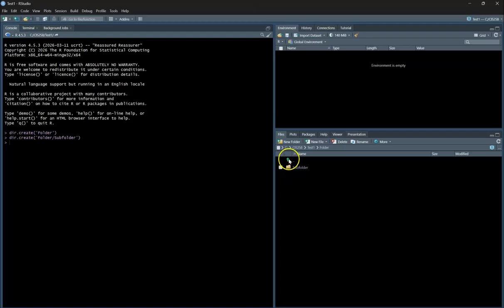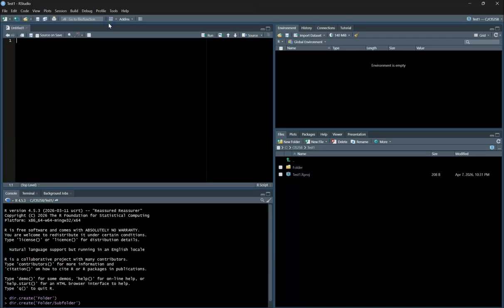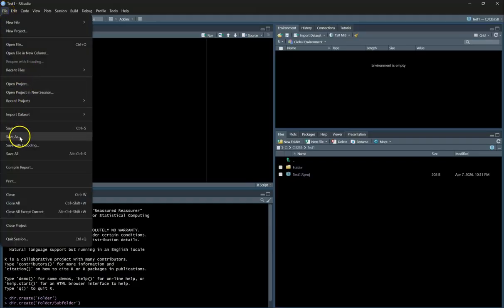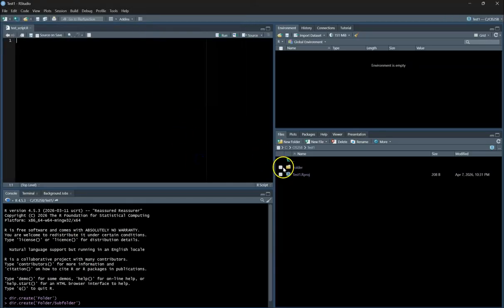So if I want to put a script in the main folder, I just hit this up arrow, or the little dots next to the up arrow, and then I go up here to File, New File, R Script, and now it's created a new script within my test1 project. And then I'll just save this. When I'm ready to save the script, I'll just save it and name it, and we'll just call it test script. And put it in the folder, and we'll hit save. So now I have a new script within folder, and you can see it right over here on the side,